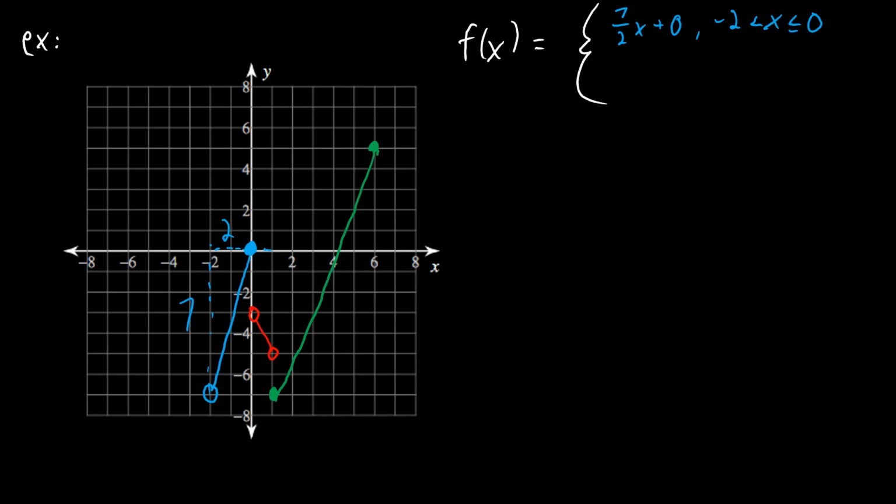Okay, what about this red line? We have a y-intercept at -3. What's our slope? It's going to be -2, 1. Okay, with that y-intercept at -3. So hopefully this is making sense on how I'm finding these actual functions. And this is defined from 0